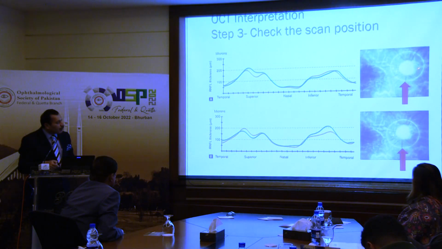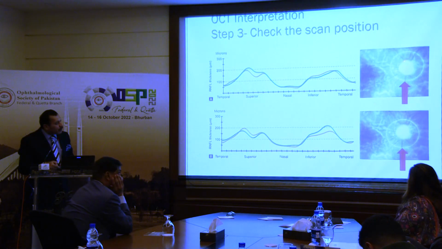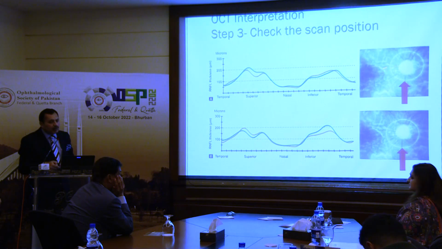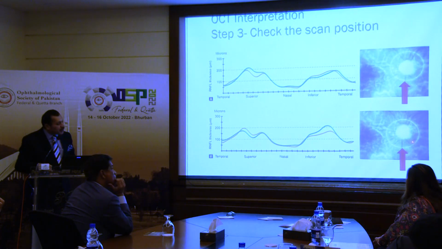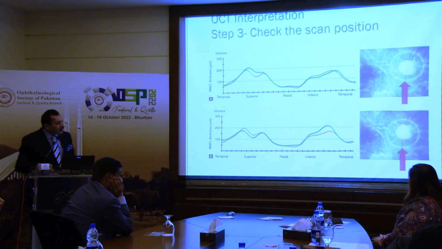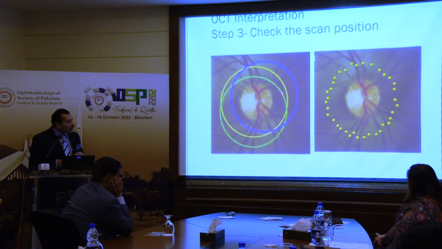अभी मैं तस्वीरें दिखाता हूँ, ये देखें, जो एक्यूरेसी आएगी वो इसकी सेंटरिंग करने से आएगी। ये ऑप्टिक डिस्क है, ये ब्लैक एंड वाइट तस्वीर है, अभी कलर्ड भी आएंगे आपके सामने। इधर देखें, इस फासले को देखें और इस फासले को देखें, ये बराबर नहीं है। इसी तरह ये जो सर्कल है ये ऊपर शिफ्ट हुआ है, दूसरे में सर्कल नीचे शिफ्ट हुआ है, ये फासला बढ़ गया, ये कम हो गया। तो जब इस तरह से होगा तो 3.4 बराबर नहीं होगा चारों तरफ, तो फिर रिपोर्ट भी आपकी अनरिलायबल हो जाएगी।